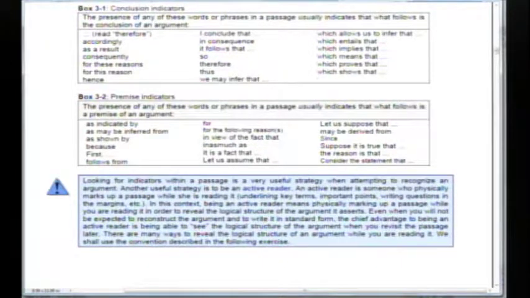Now your job isn't to memorize these lists, but the more familiar you are with these lists, the easier it will be when you're reading the text to identify what the claim is that's being made, to identify the reasons that are being given in order to show that it's true, to make notes in the margins, because starting next week when we get into the pieces themselves, and I'm going to emphasize this here right